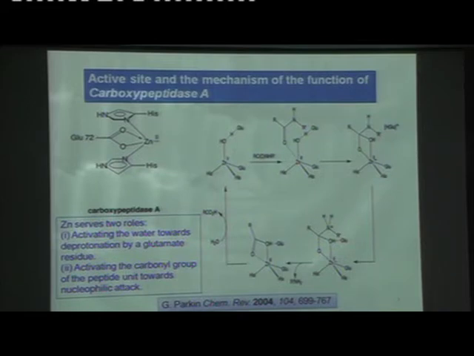You have a zinc, 2 histidines, 1 glutamic acid, and you have an OH coordinated. This is the active site structure, structurally characterized. And with the glutamic acid there is a hydrogen bonding interaction. There comes the so-called supramolecular interaction, non-covalent interactions. So this is your covalent bond, and that portion is non-covalent bond.